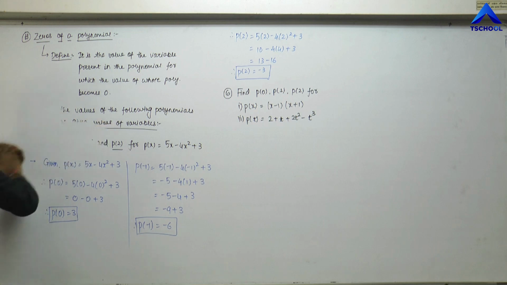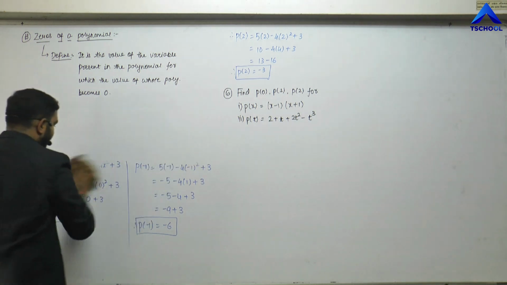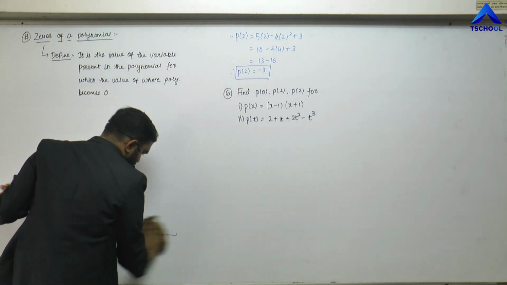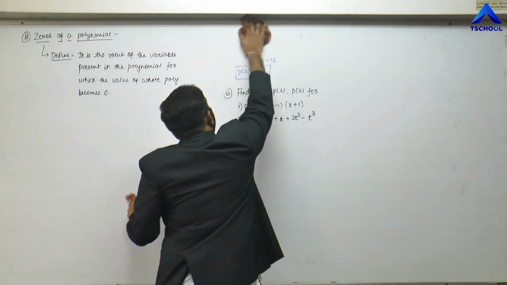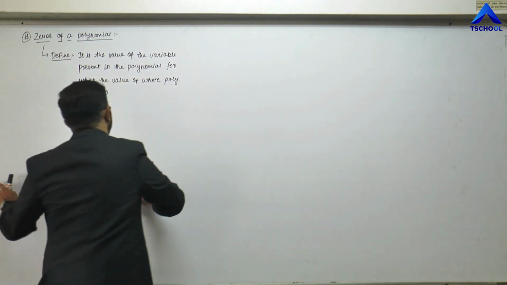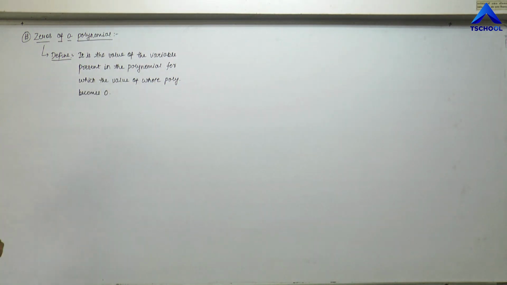So that's it about finding out the values of the polynomials at the given values of the variables. Now we were talking about the zeros of the polynomials. So let us try to find out how it works and what the zeros of any polynomial will be, how it can be found out for a quadratic polynomial and for a cubic polynomial. So the very first question right now here with me is,